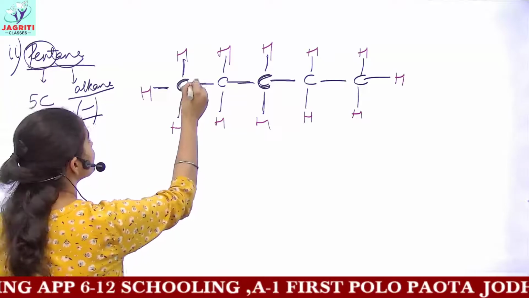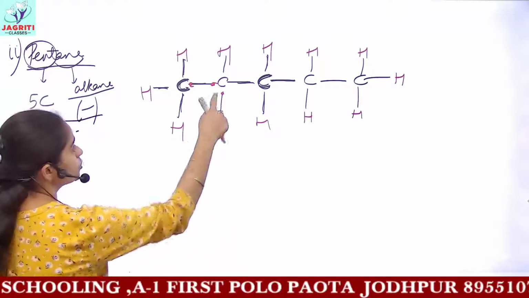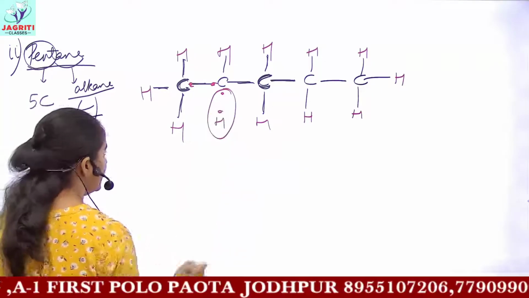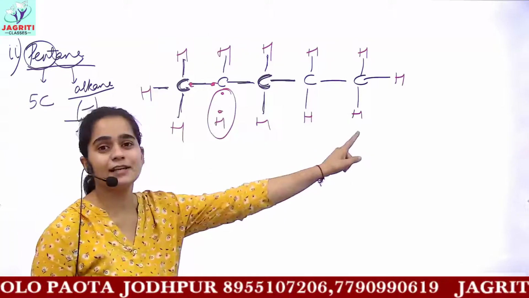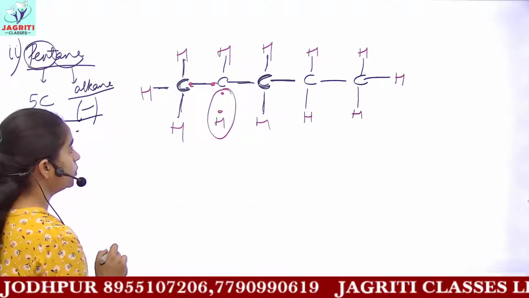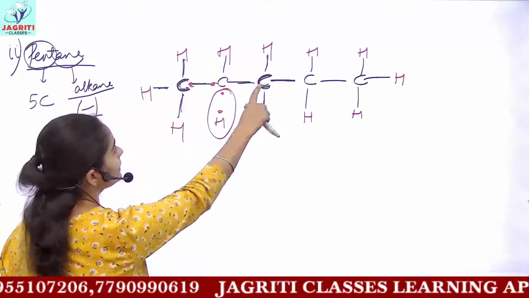How to do that? Put dots on every bond and then show the sharing. Let's suppose for this hydrogen I am showing, the sharing would be in this manner, and then the line or the bond would be removed. And in turn complete all the sharing circles of hydrogen. One more I will show. That is about this carbon. How to draw the sharing circle of your third carbon.